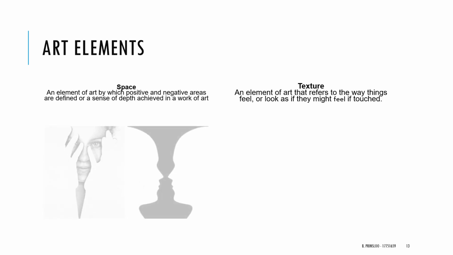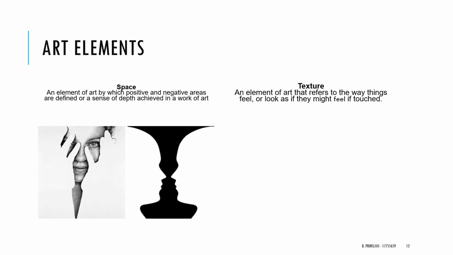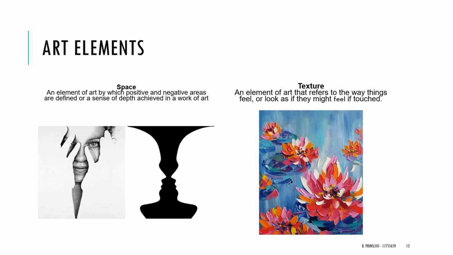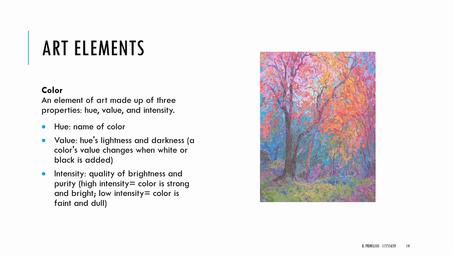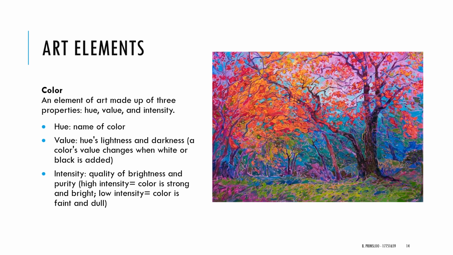Space, an element of art by which positive and negative areas are defined, or a sense of depth is achieved in the work of art. Texture, an element of art that refers to the way things feel or look as if they might feel if touched. And the last art element is color, an element of art made up of 3 properties: hue, value, and